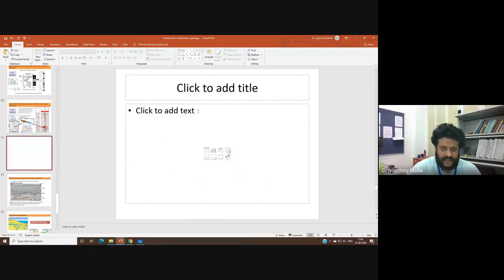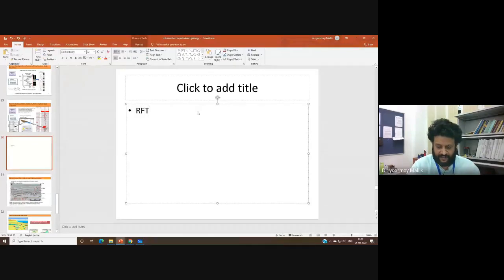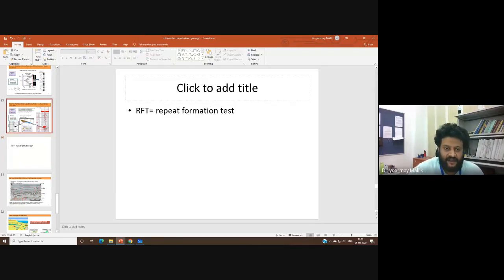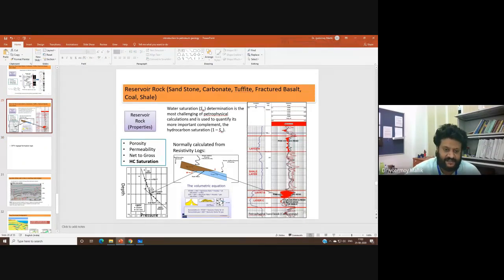Pressure data has a special name, which we call RFT, or repeat formation test. So pressure data, in technical terms, is called repeat formation test data. Then we observe different gradients of the fluid pressure. Wherever I see that such gradients change, for example, here 0.45 psi per feet depicts the water gradient, and similarly 0.14 psi per feet depicts the